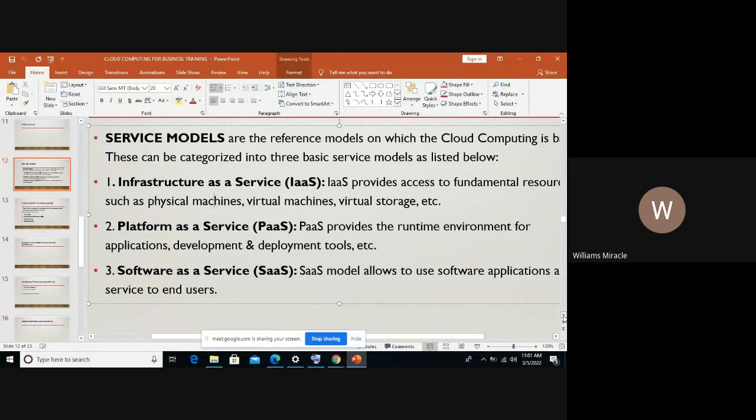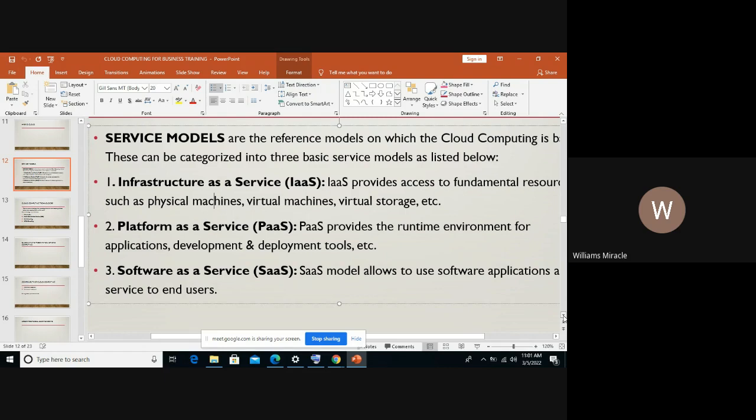The software as a service is of utmost importance to us because this is the very explanation of this training program. We are looking at cloud computing for business, and what the SaaS model does explains everything for us. It allows you to use software applications as a service to end users.